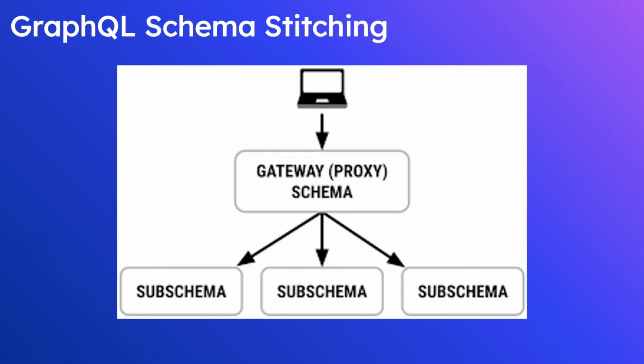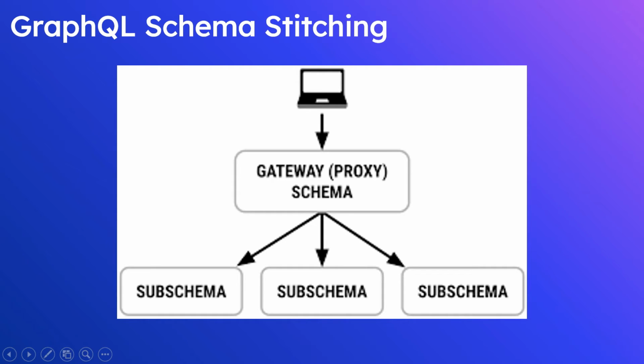When a client sends a request, the gateway figures out which part of the combined schema, or subschema, is responsible for the requested data. It then forwards the request to the appropriate subschema. Each subschema handles its part of the request and the gateway brings all these pieces together. It sends the complete data back to the client. The client is unaware of the behind-the-scenes process of how the proxy is getting the data. With schema stitching, developers can also expand or modify the existing structures and functions of the schema. This makes the client experience seamless as they can access a wide range of data through a single unified schema.